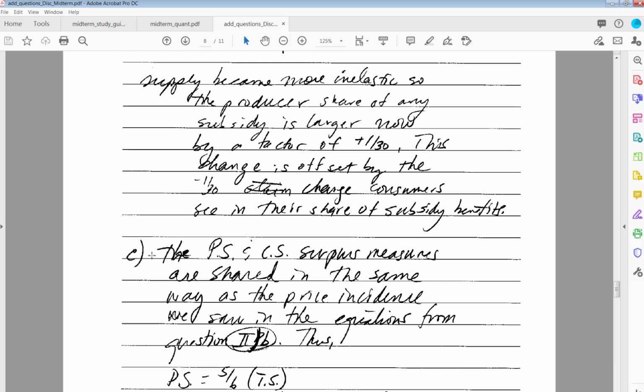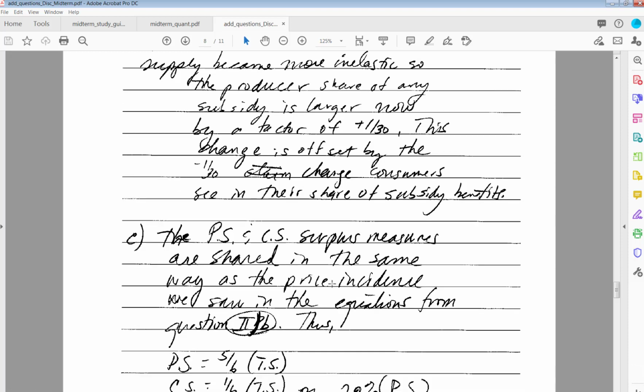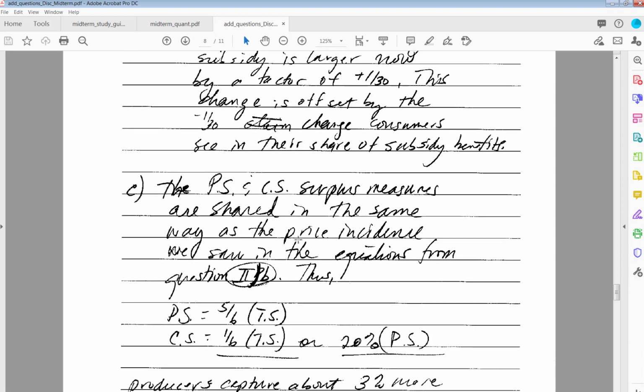Must be about surplus. So it says, based on what you just calculated in Part B, using that price incidence, how do you expect consumer and producer surplus to be split in this market and show any work? Well, the producer surplus measures should be shared in the same way. Okay, so the incidence is just a way of putting in price terms what we see when we draw the